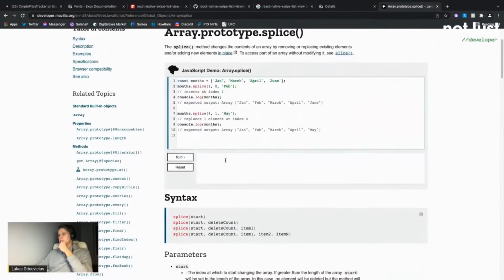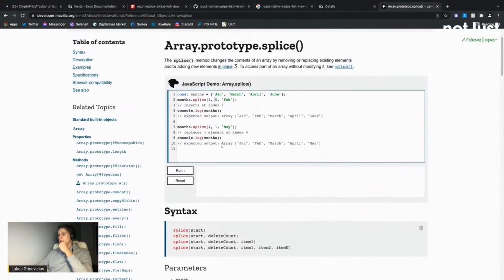Okay, so what is the second parameter? Okay, replaces first element at index 4. No? Okay, so first one is the index at which it should replace, right? Yeah. So I'm replacing February with March, right? Yes. Oh, so it inserts it. And here,